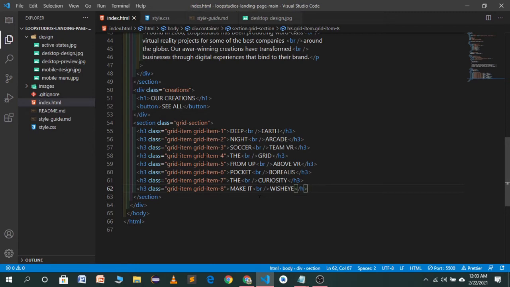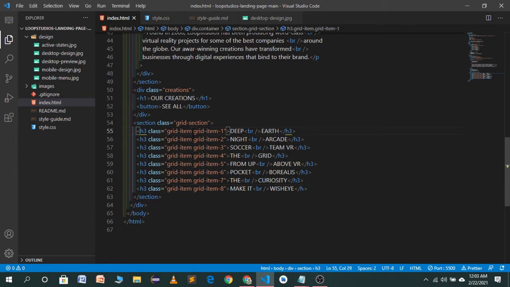Here you will see we have a grid section, and in the grid section we have h3 tags, and in these h3 tags we have our headings, which are these texts: deep earth, night arcade, soccer, team VR, the grid, from up above, VR pocket, and this one, and so on.